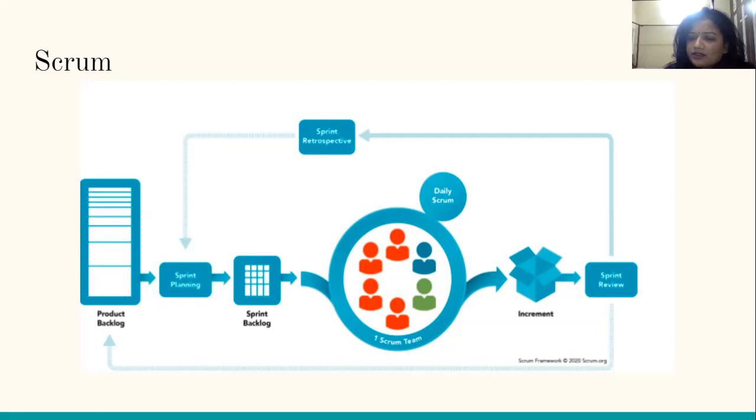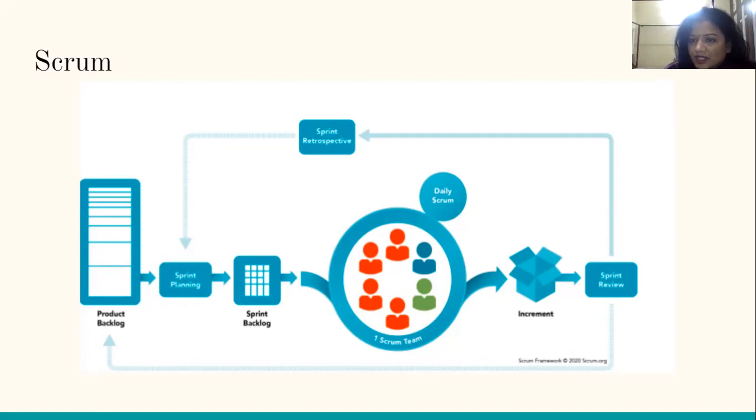Then after a potentially shippable product or an increment is delivered, after 2 weeks, let's say the sprint duration is 2 weeks, we do a sprint retrospective meeting. In that, we discuss what went well in the sprint and what we can do to improve the next sprint. Whatever backlog we haven't completed in this sprint is assigned to the next sprint, along with other requirements from the product backlog. So this was all about agile, a brief introduction.